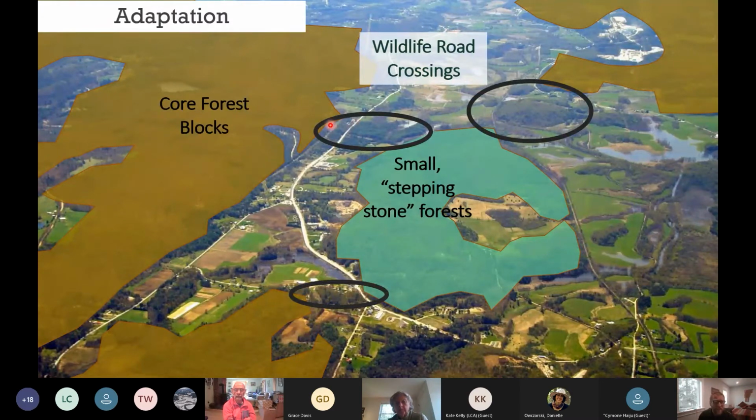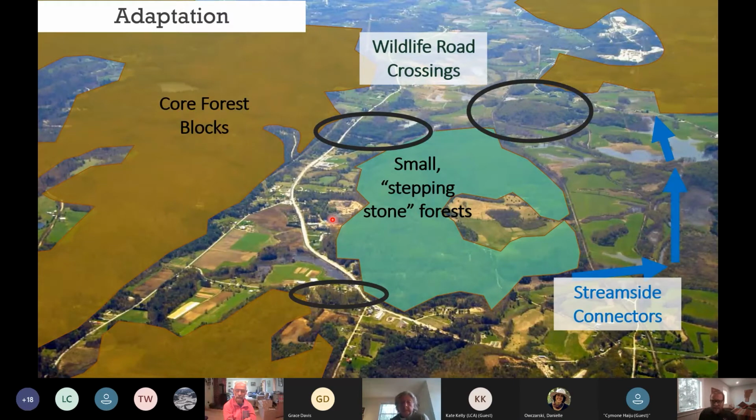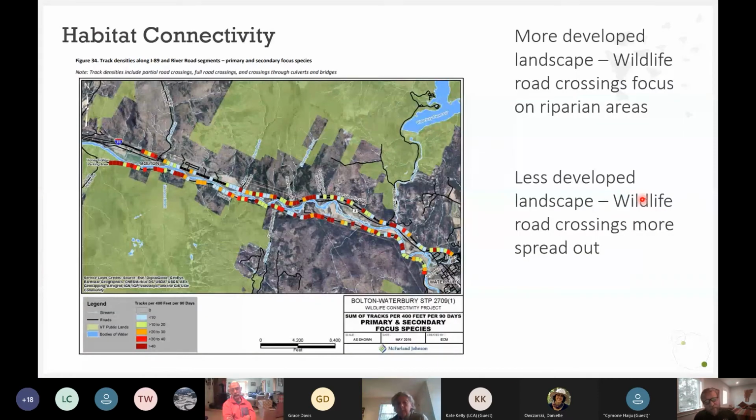And you can see there's just trees on both sides of the road. You don't need to be a rocket scientist to figure out where there are good opportunities for crossing. And then, as I've mentioned several times, that aquatic network, those streamside connectors, the riparian areas, and how important they are as a type of connector. So this is the sort of pattern that we're recommending when we're talking to towns. And this is how we're integrating those concepts of riparian areas into this larger pattern. Now, this also comes up when we talk about wildlife road crossings and the transportation network.